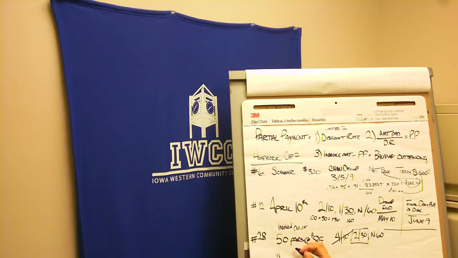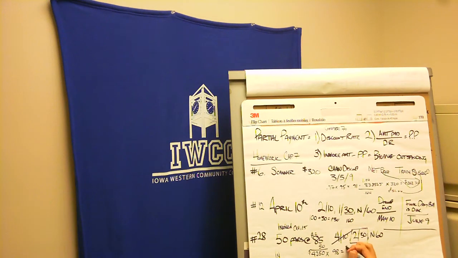So what I'm going to do is take 50 times 85, so 4250, times 0.98 to get my price because I had a 2% discount. So 1 minus 0.02 gives me 4,165 is the answer